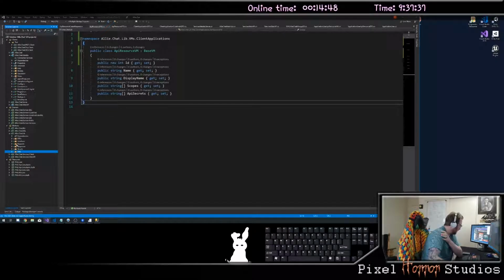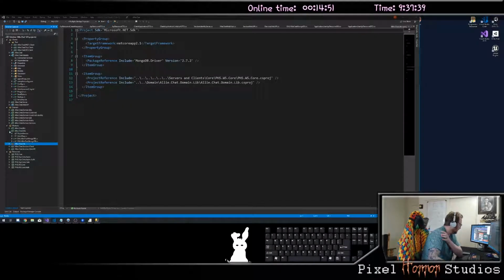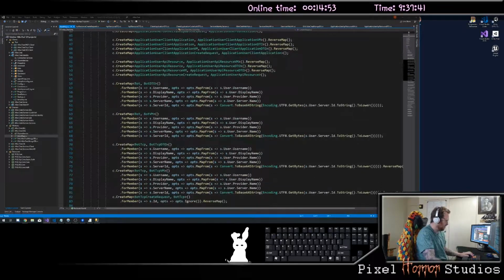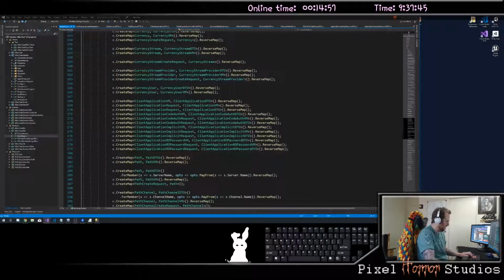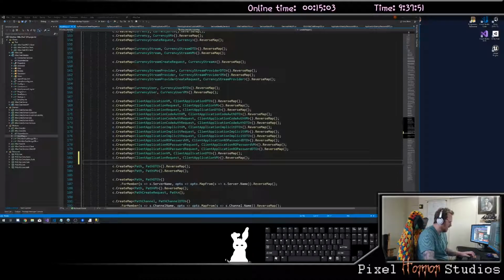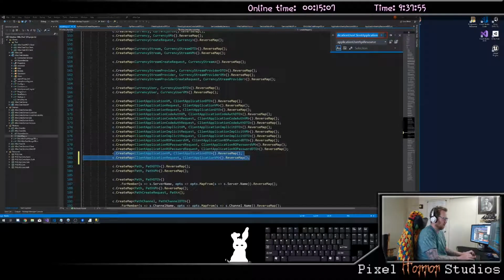So now that you have these ready, we can go to the data access layer and add them in here. Under your client applications here. And we're going to have a client, it's called a client application, will get changed to be an